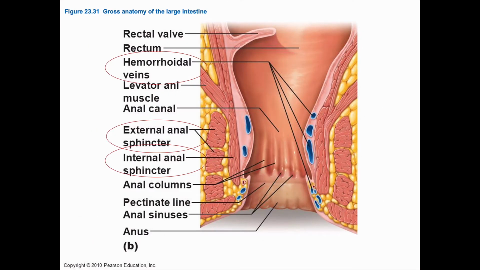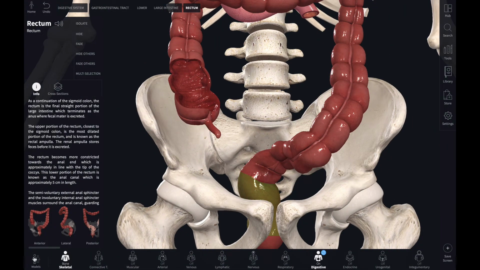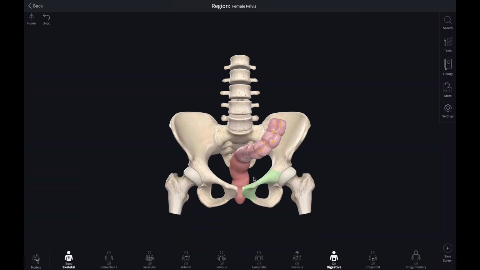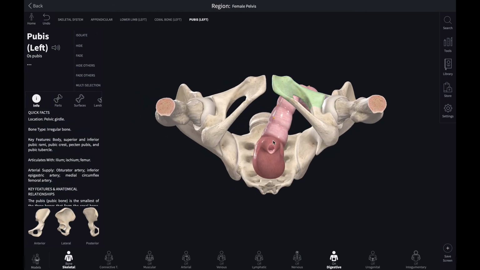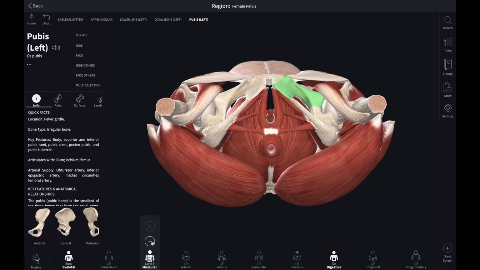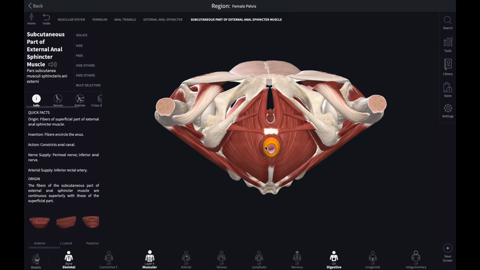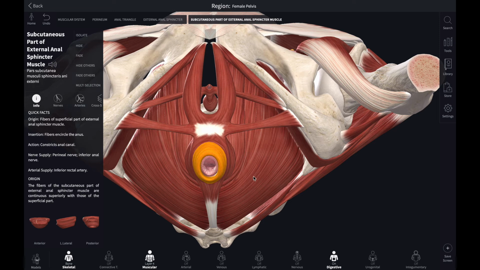Here what you have to understand is the external anatomy of it. So now I will take a female model. If you see the anal triangle, the anus opens in the anal triangle. If you look at the muscular structure present here, this is the pelvic diaphragm. This is a circular muscle, called the anal sphincter. This circular muscle is called the anal sphincter.